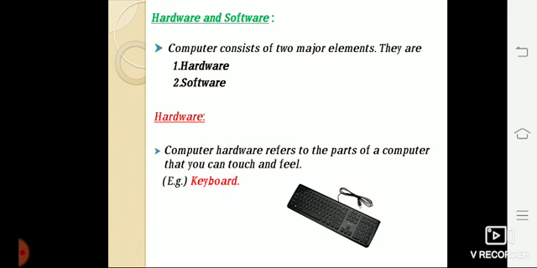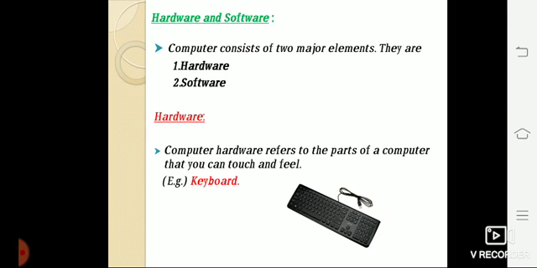Next, hardware and software. A computer consists of two major elements. They are hardware and software. What is hardware? Computer hardware refers to the parts of a computer that you can touch and feel. Example, keyboard.